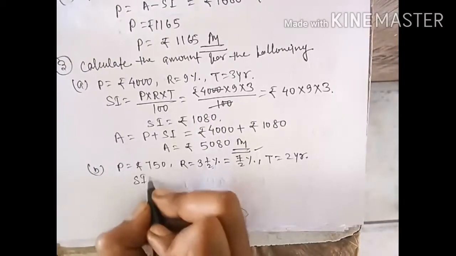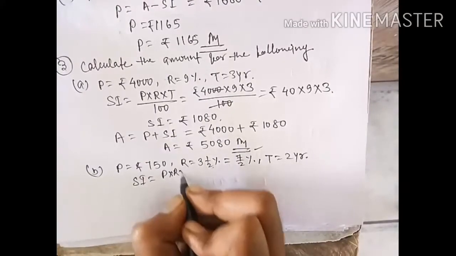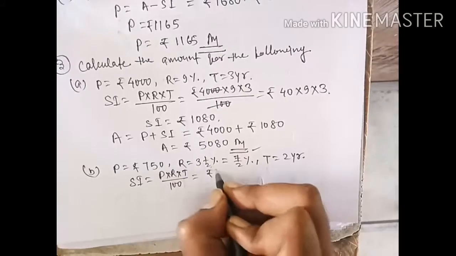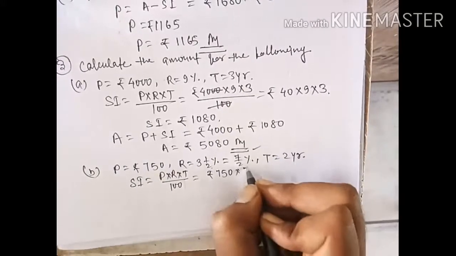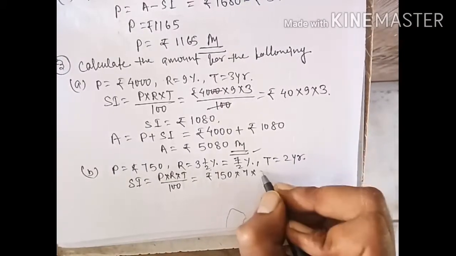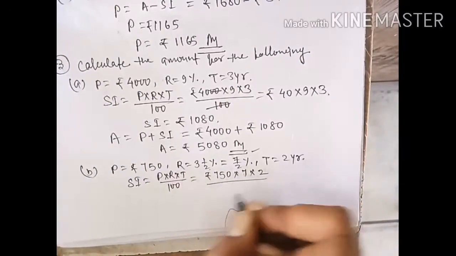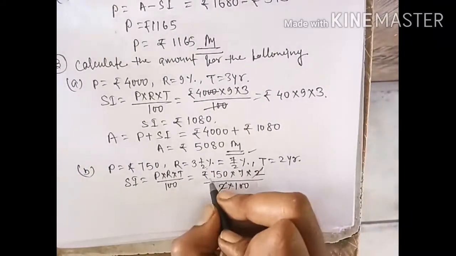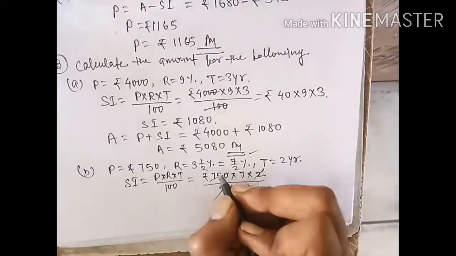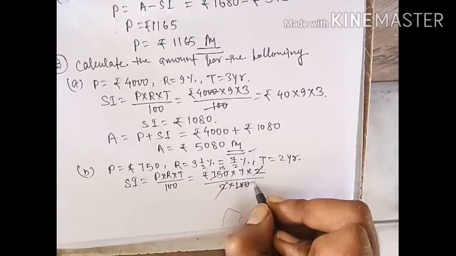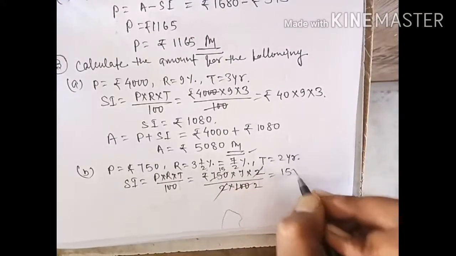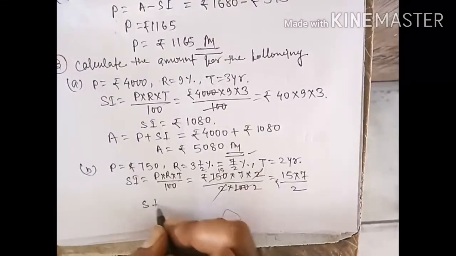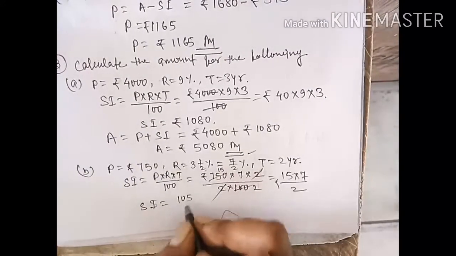So first you have to find simple interest. And what is the simple interest? That is P into R into T by 100. Here principal is ₹750, rate of interest is 7/2%, time is 2 year. तो 7/2 है तो 2 को डिनोमिनेटर में लिखोगे, ये कैंसिल हो गया. अब 750 को 100 से घटाओ, ये कटेगा 15 टाइम्स में, ये कटेगा 2 टाइम्स में, तो क्या आया 15 into 7/2. So SI is equal to क्या हो गया 105/2.